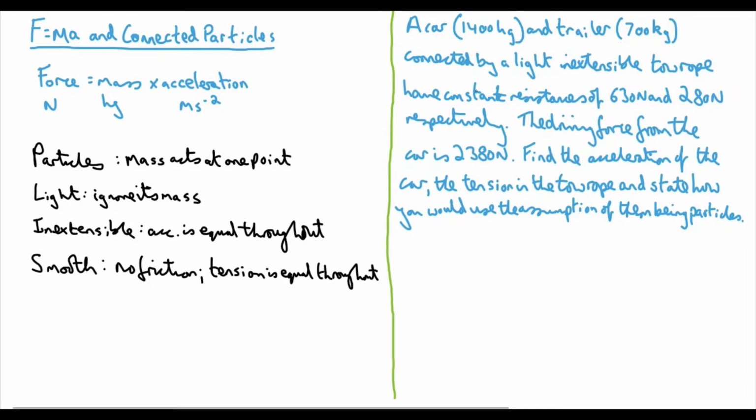newtons respectively. So that means that these numbers apply in the order that the names were said. So the car is 630 and the trailer is 280. A driving force from the car is 2,380 newtons. Find the acceleration of the car, the tension in the tow rope, and state how you would use the assumption